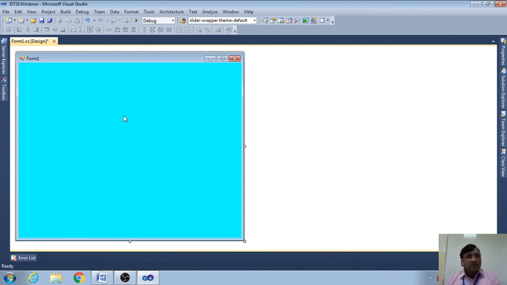Another very important thing I forgot to tell you, when we are going to write any program using a Windows application, first we have to design the page. Without designing the page, we will not be able to write the code. So remember, whenever you are going to write any Windows program, the first task is you have to design the page, and only after designing the page can you write the code. Very important for Windows.